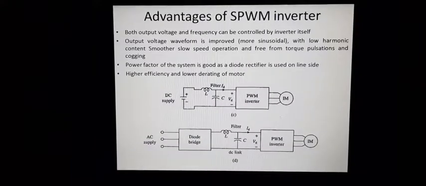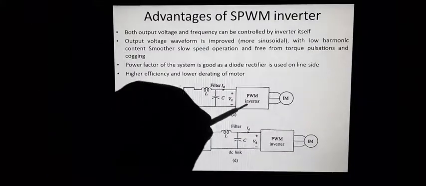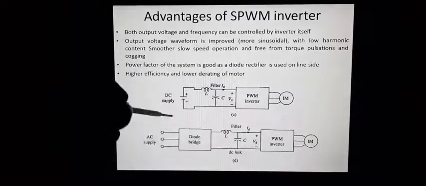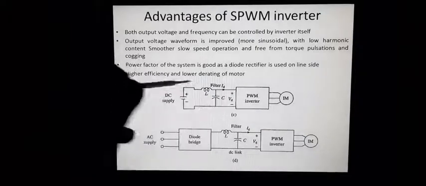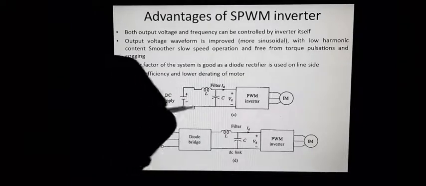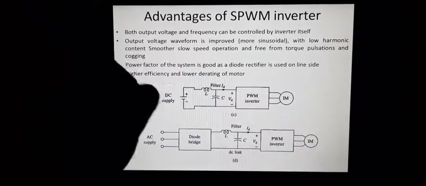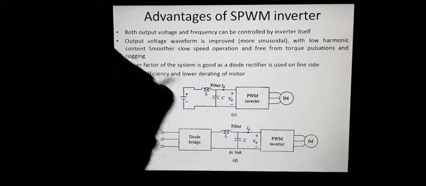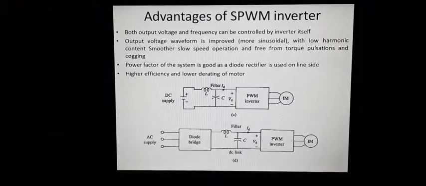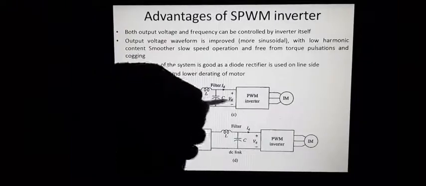You will be able to see here the points which I have just told. Another thing you will be able to see here, when we are using PWM inverter, the same circuit you have seen before also, you don't have to provide any chopper circuits or any other circuit arrangement to obtain a variable DC supply. I will just give you a comparison. Here we are using PWM inverter.